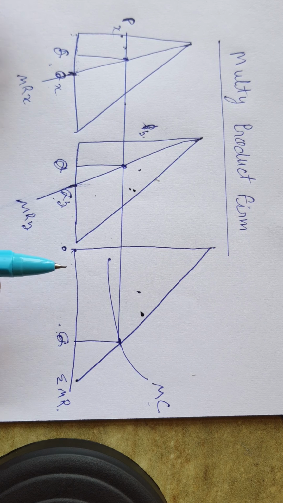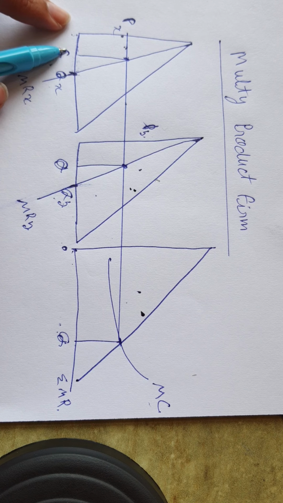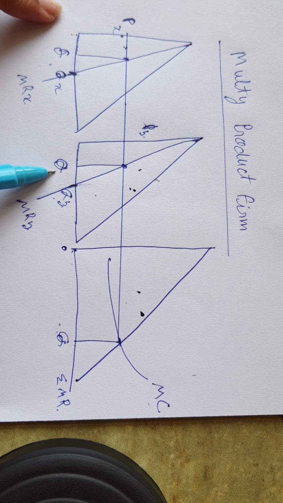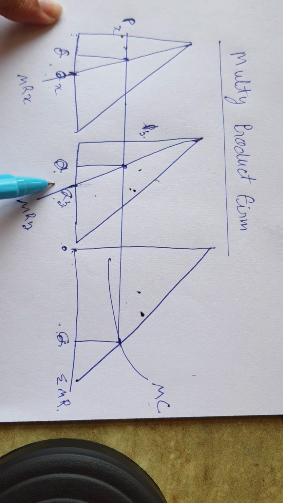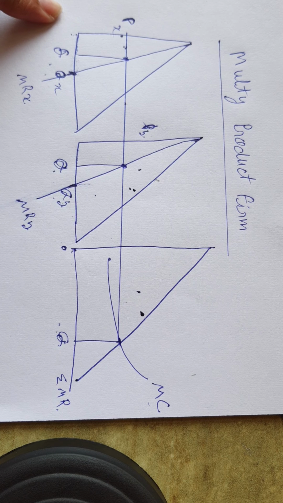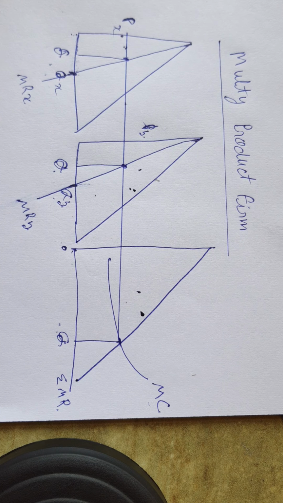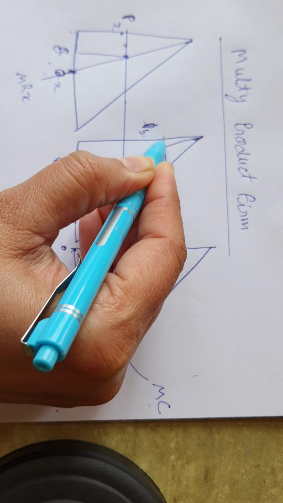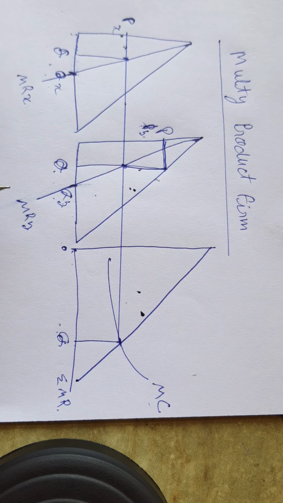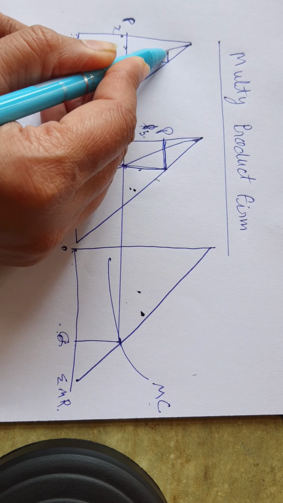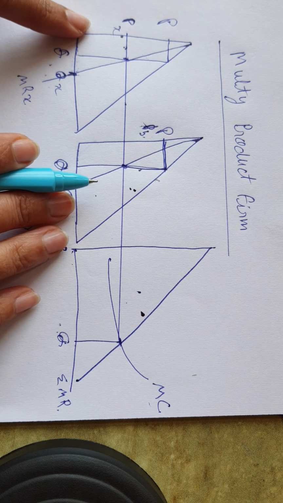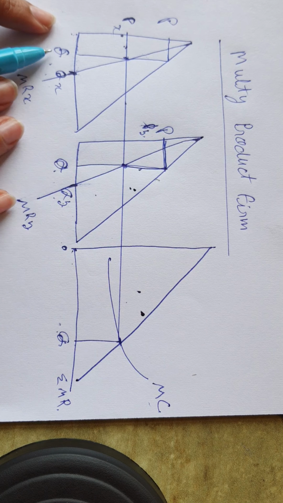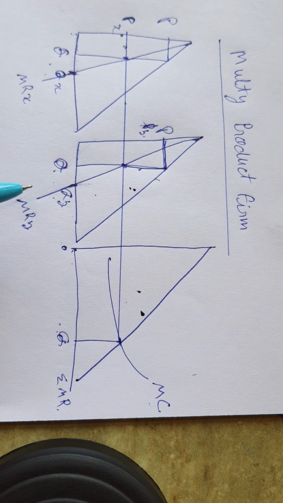So we have found out now how much of X and how much of Y we should produce, and we have found it in such a way that marginal revenue of X should be equal to marginal revenue of Y. What about the price? Price may differ, price may be the same, it depends upon the demand curve. This is the demand curve, and according to this demand curve, price is automatically fixed. And here also, whether these prices will be different or the same will depend upon the shape and slope of the demand curves. So there can be various types of demand curves.